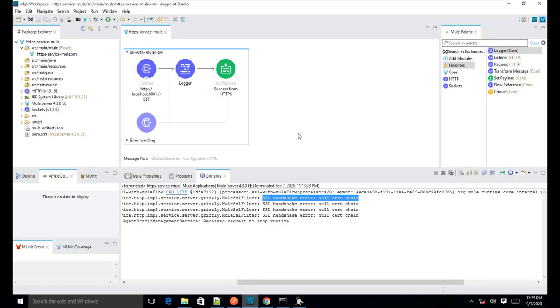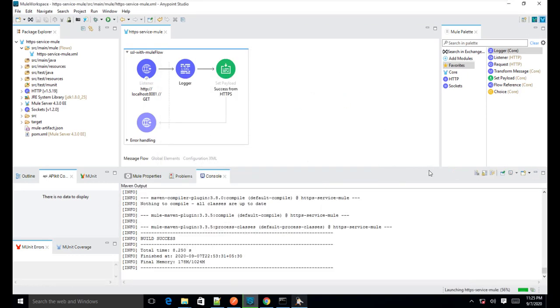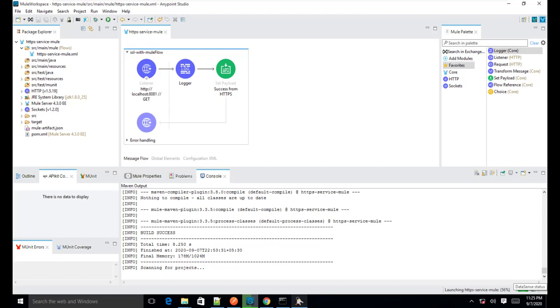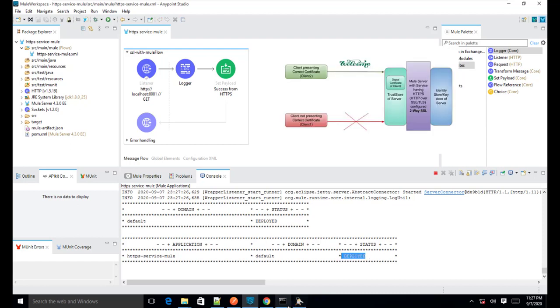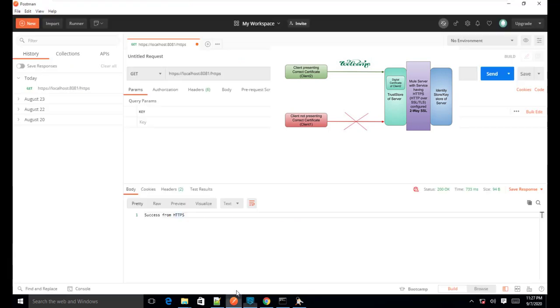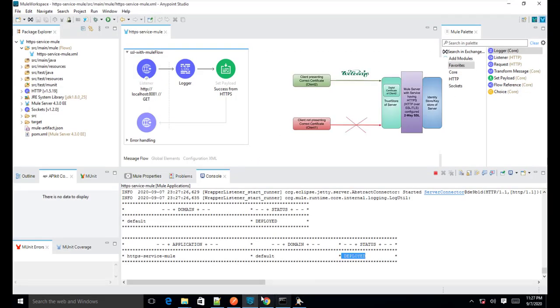So let's do one thing. Let's run our service. I'll run it. As you can see, our flow is deployed now. Let's check if Postman is able to connect to our service or not, because the certificate which is used by Postman is no longer trusted by our server, right?